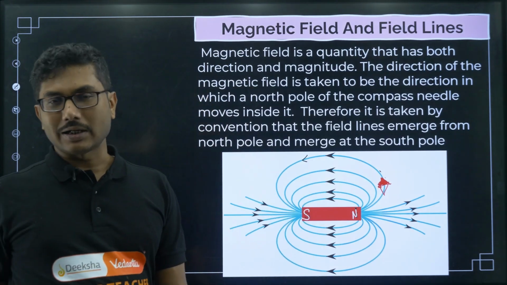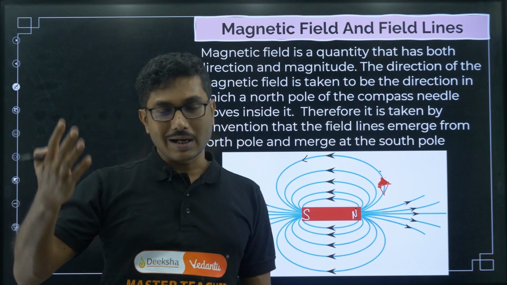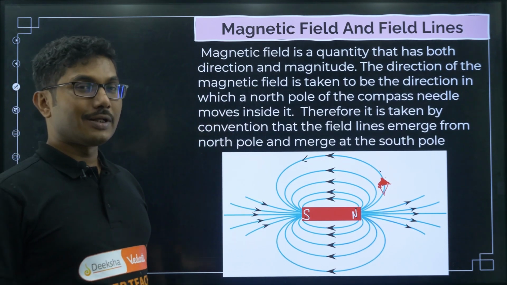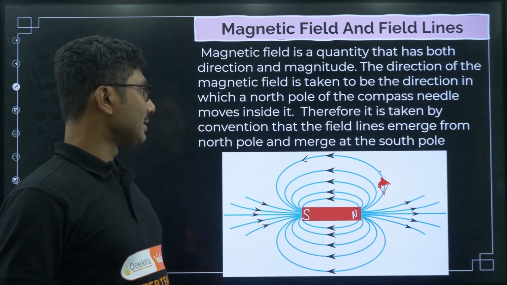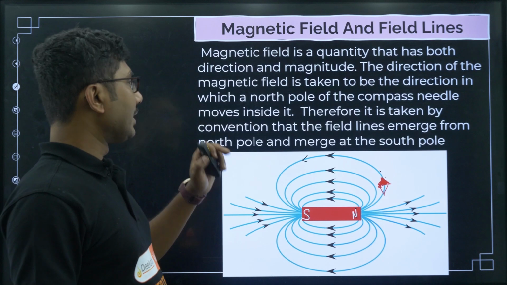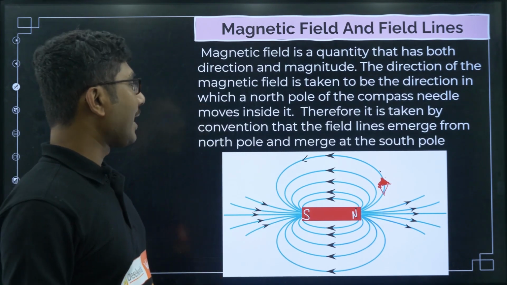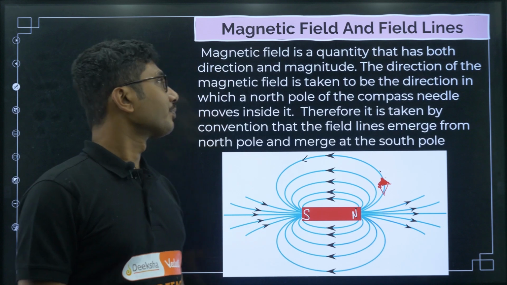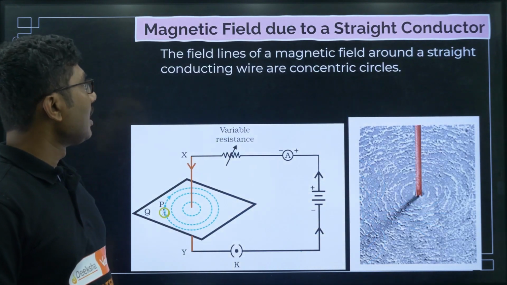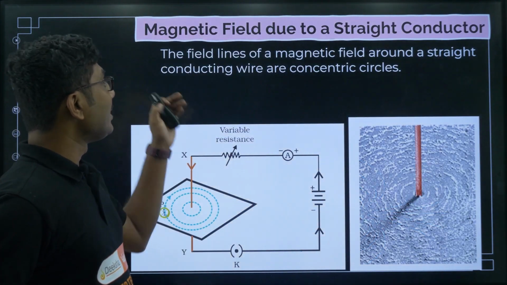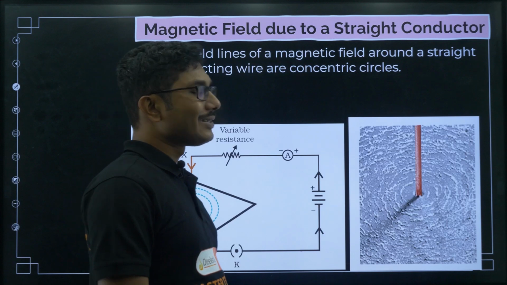Inside the magnet the line continues, but that is in a different class, a different level of thinking. Right now you should remember this. Therefore, it is taken by convention that the field lines emerge from the North Pole and merge at the South Pole. Now, what next? Now we are talking about the magnetic field due to a straight